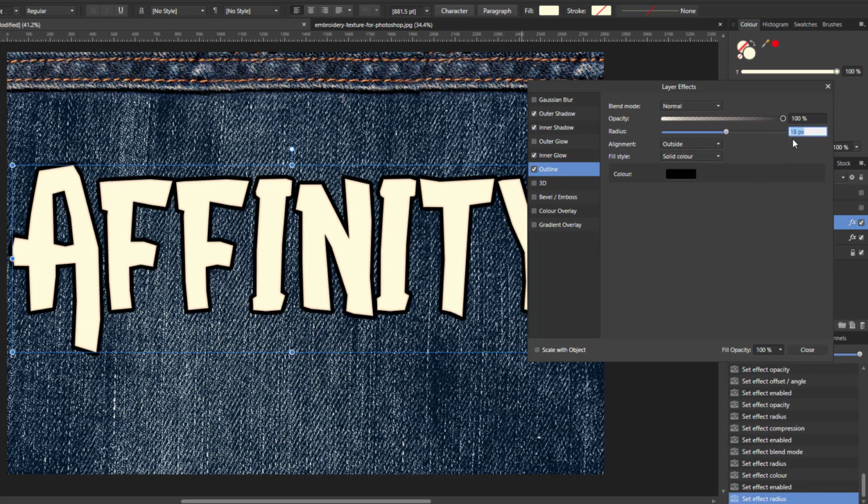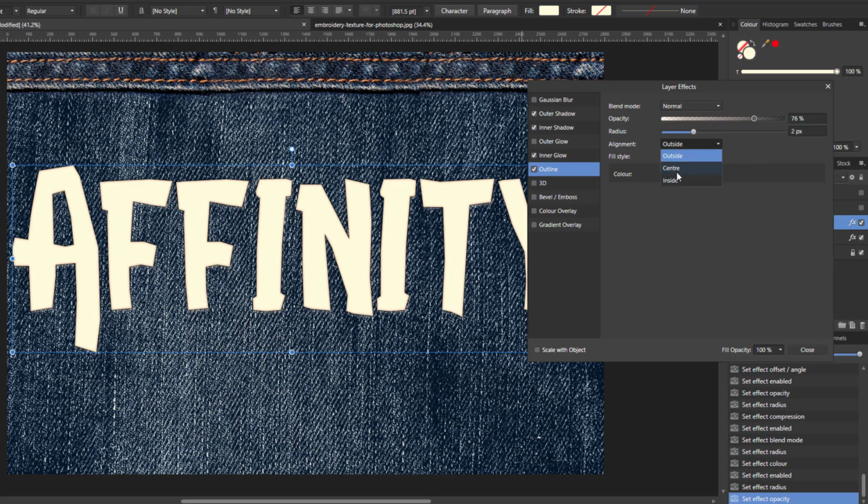Sorry, I'm reading the wrong bit. That should be 2, and the opacity is at 75, roughly 76. That will do, and the alignment will be changed from outside to inside,